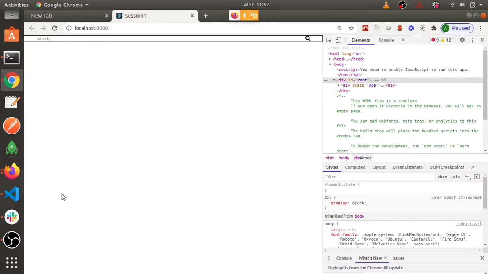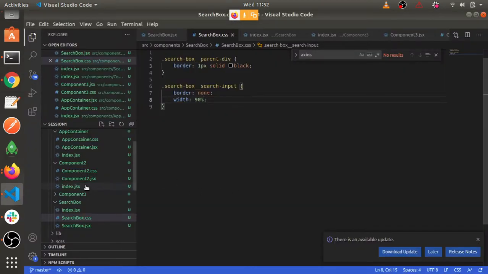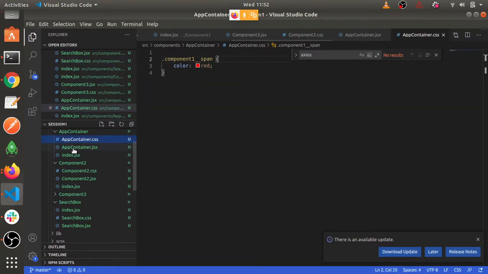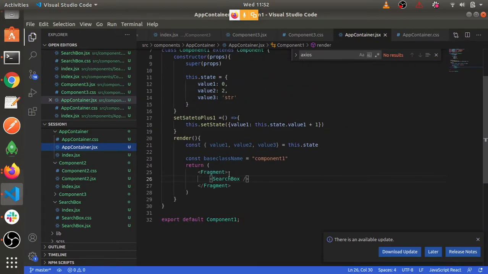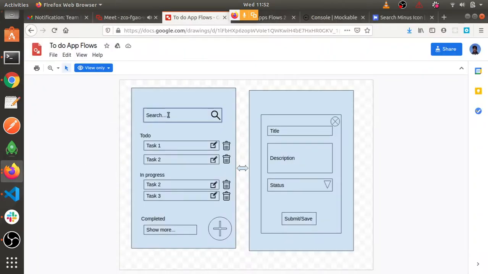Okay. Now going back to the component, we'll do some layout as per this design. All the items have to be in the middle, and there is some padding on this end, some padding on this end, like that, right?